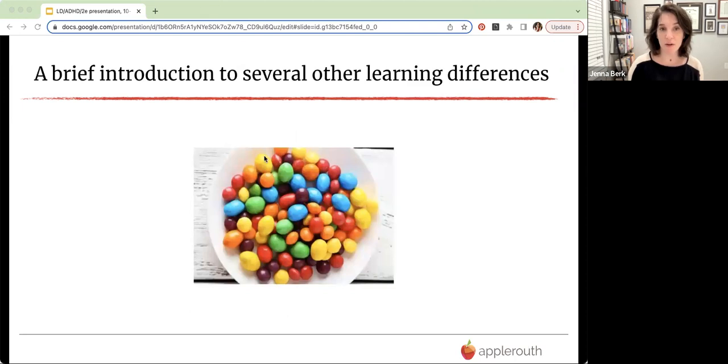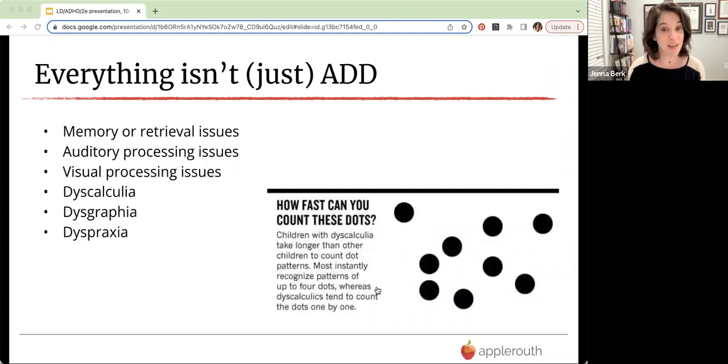So let's talk briefly about a couple other learning differences, because as I discussed earlier, there are a lot of different learning differences that coexist with some of the major ones that we've already talked about. Because everything isn't just ADD, right? That's the one that everyone knows about. That's the buzzword. But there are also things like memory or retrieval issues, auditory processing, visual processing, dyscalculia, which is